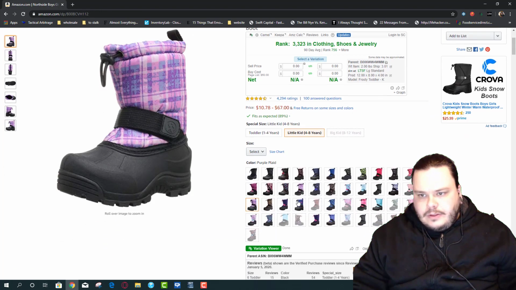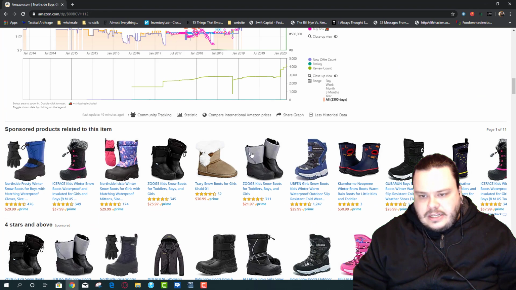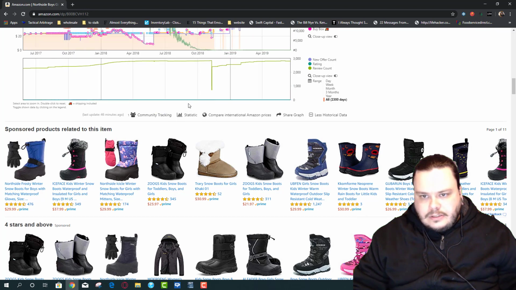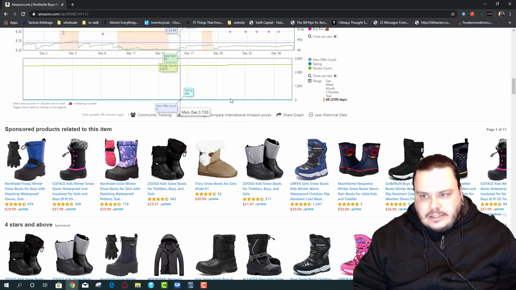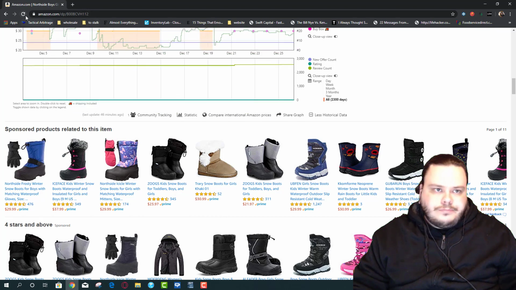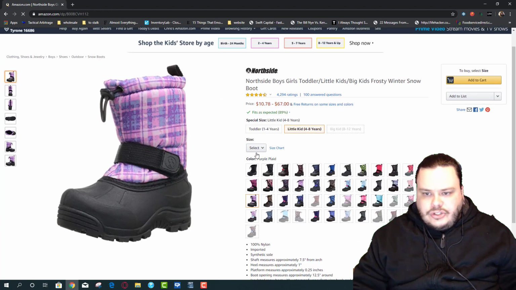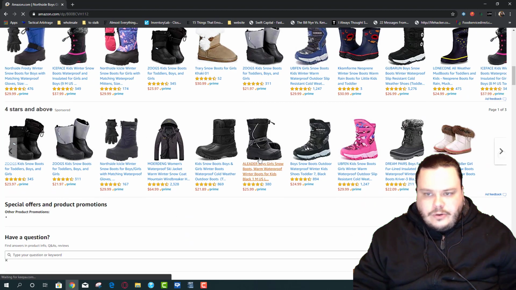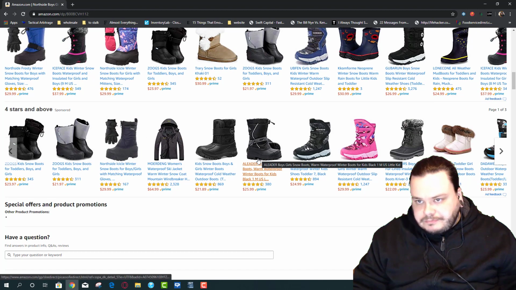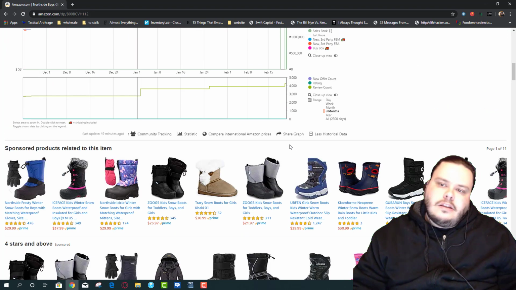What's our pricing on this? Let's look at the sale. The new offer count. Well, people do come in and out on this. Oh, here's what we can do. We can actually turn off panes, or layers I should say, in Keepa.